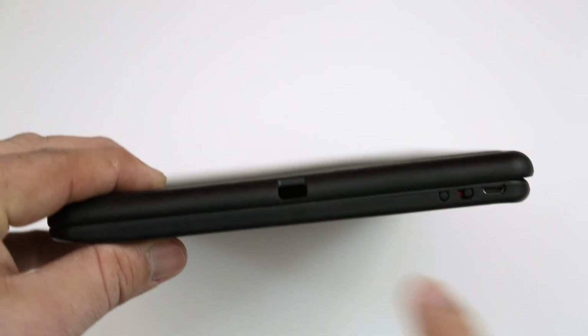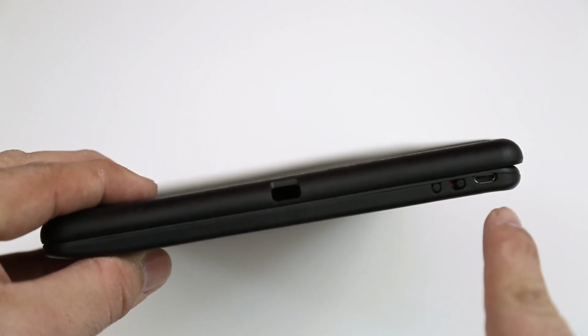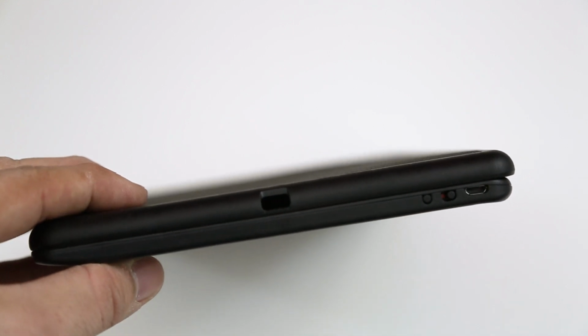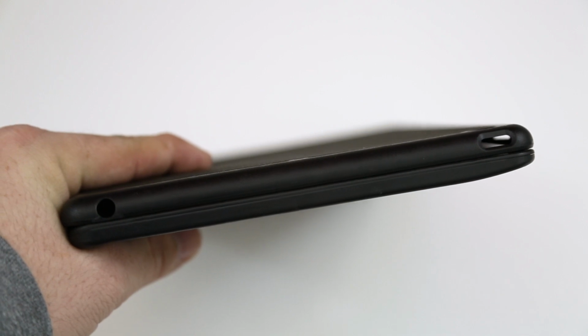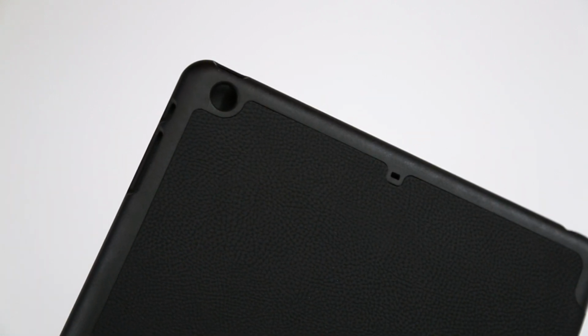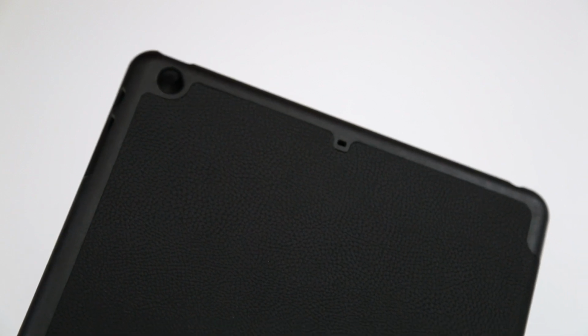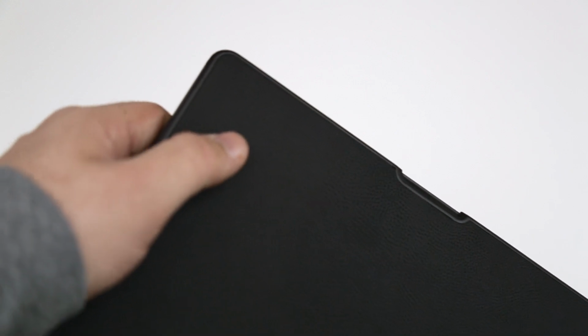Taking a look at the bottom side here, we do have an opening for our lightning connector to charge up the iPad, and then we have our micro USB port, our on and off switch, and our Bluetooth pairing button. On the top side, we do have openings for our headphone jack and our lock switch, and on the back, we have a camera cutout with a microphone cutout right there in the center, along with this foamy texture that's on the back side and front side of the ZAGG Keys Folio case,